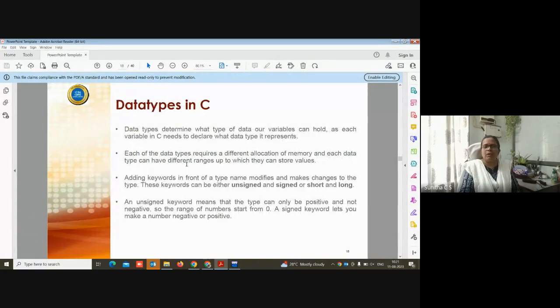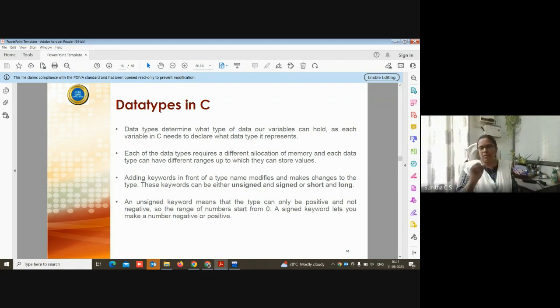Now we will see how to declare a variable. In order to declare a variable, you should know the data types of the language. Normally in mathematics we have real numbers, floating point numbers, integer values, and similarly every programming language has different data types. Based on the data types, you have to define your variable. You cannot just give variable A; you have to associate a data type with the variable A.